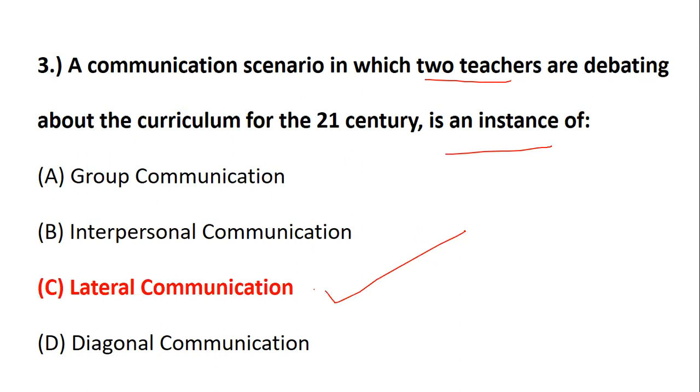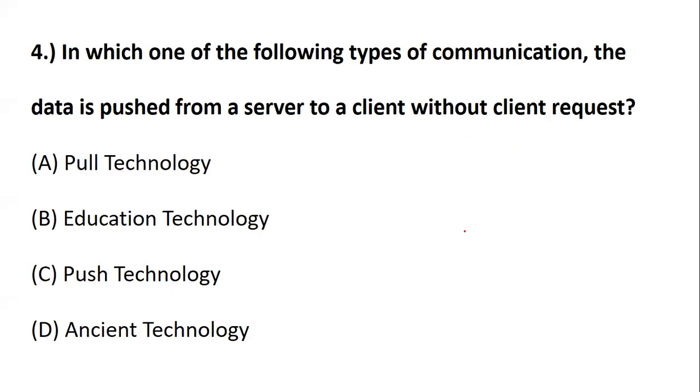And I have always been telling in every cycle for communication, these two topics, for example, lateral, diagonal, or interpersonal, one or two you get, but they always come in the form of examples. They do not come in the form of a direct question. So you should know what the examples or concepts are, so that it is easier for you to answer the question, right? Now, question number 4.